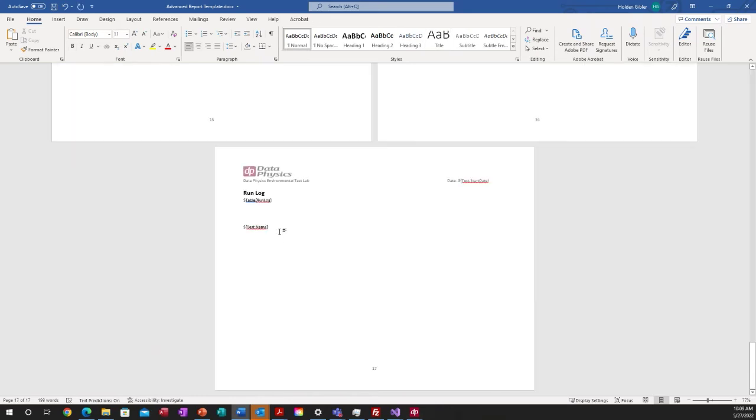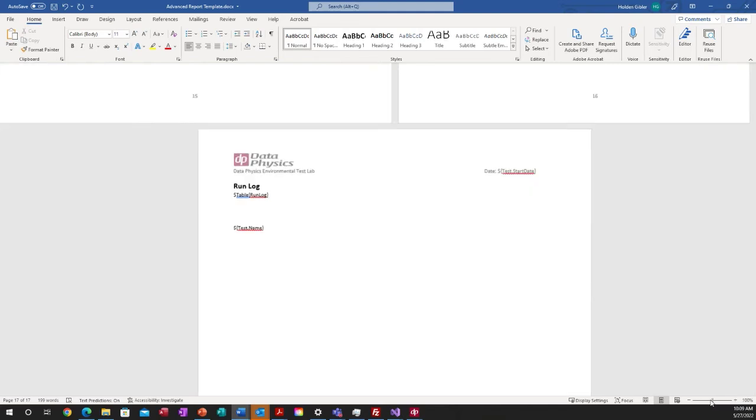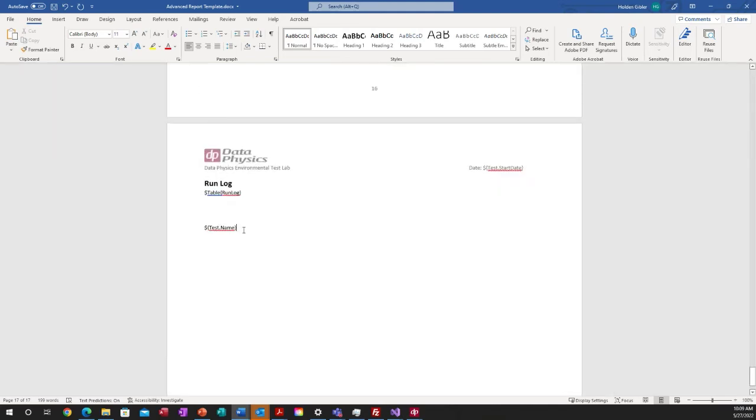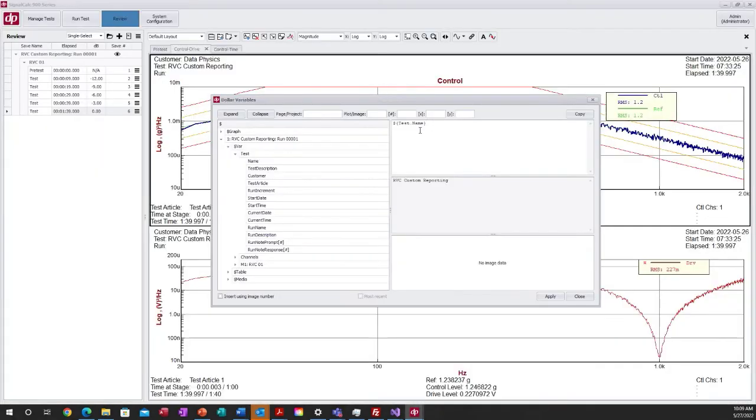I can go back here, I hit Control V, I pasted the test name here. I'm going to expand this a little bit bigger. Okay, so now when we generate our test or generate our custom report, this will populate the test name here. And if I want to do some shortcuts here, I can actually generate something like,